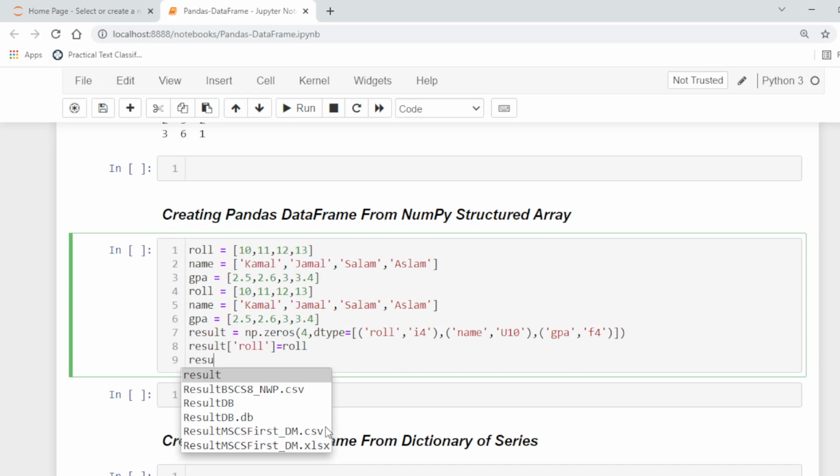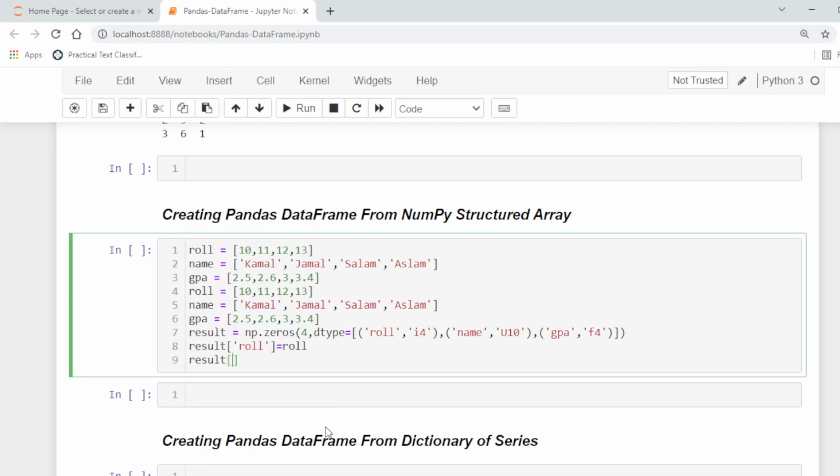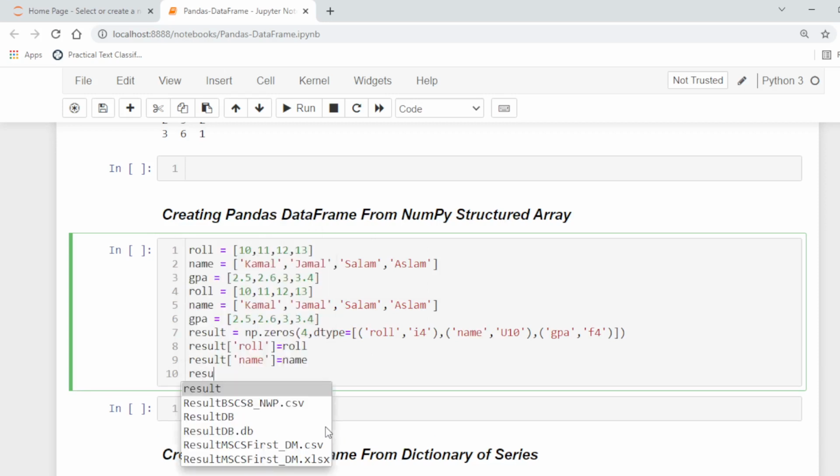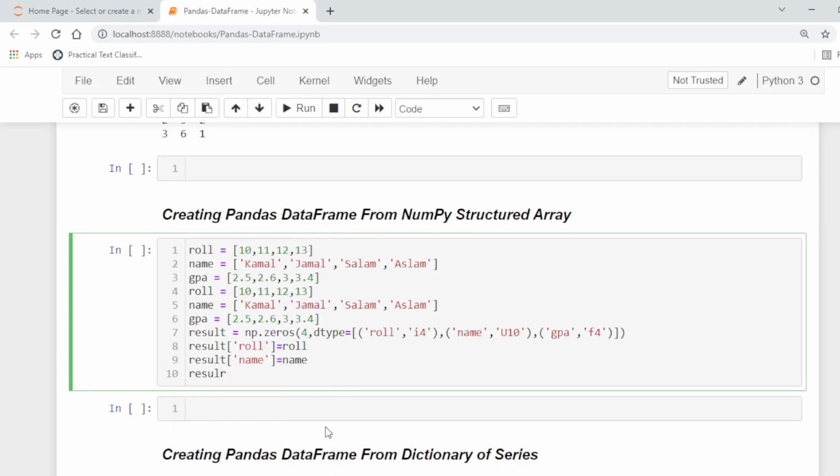Similarly, result name is equal to the list name, and result GPA is equal to GPA.